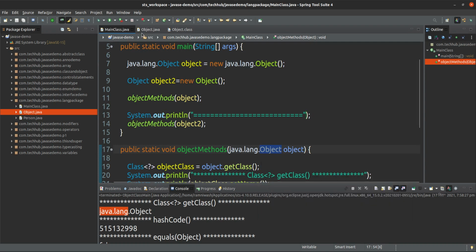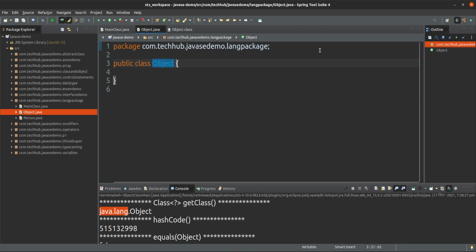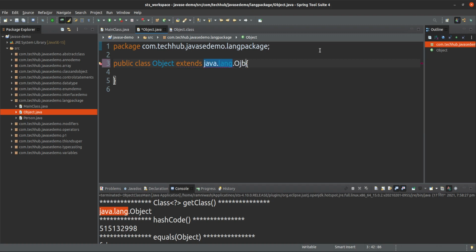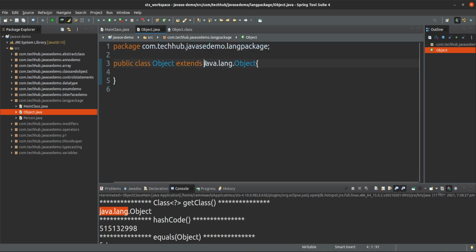Suppose this one is our class, and if I extend here, then how can I do java.lang.Object? You can do it in this way. But what if I define the package like that? In that case it will give a conflict. No class will be a subclass of this Object in that case.